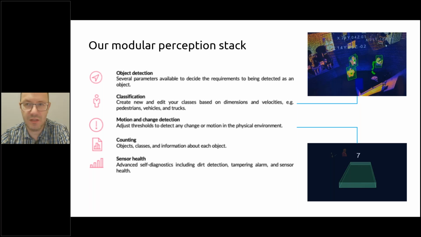If we see a rapid drop in the number of points which disappear from the system, we send a warning like a tamper alarm. Or if we notice that the reflectivity, because this is another parameter from the sensor, from the points, how much light every point is reflecting,